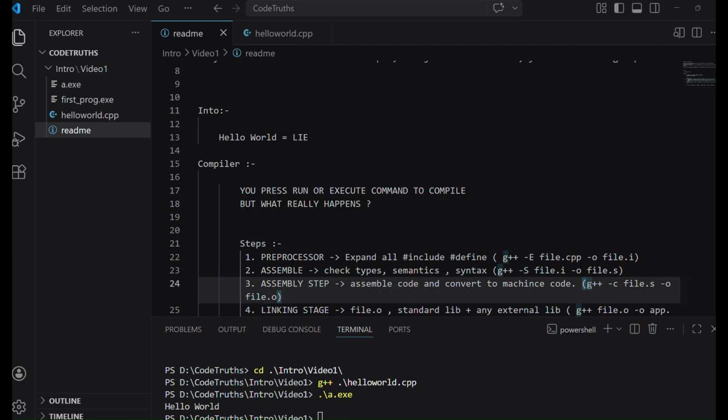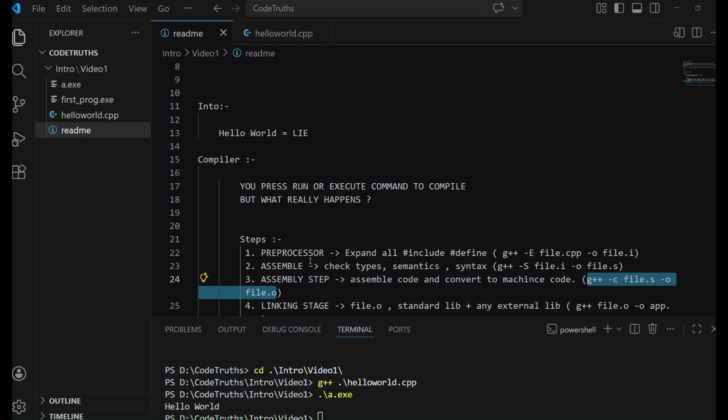It is using this command g++ -c file.s -o file.o. This o means object file. So now your CPP file is converted into an object file by assembling the code and converting it to machine code.